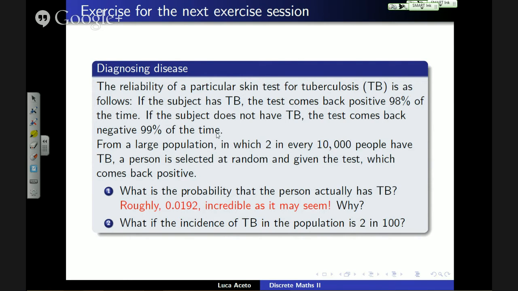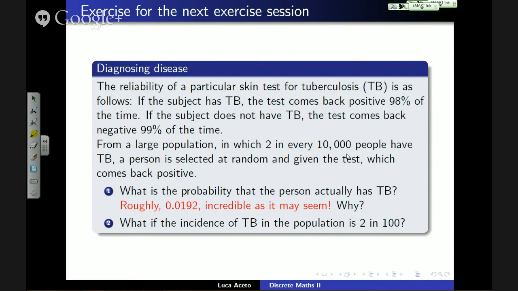Use Bayes' theorem, and you will see that you should not be worried. The reason for this is that TB, according to this data, is a very rare disease. Only 2 out of 10,000 people have it. Now, I don't know how accurate this data is, but it's a very, very small fraction of the population that has it. Just to convince yourself of why this matters,